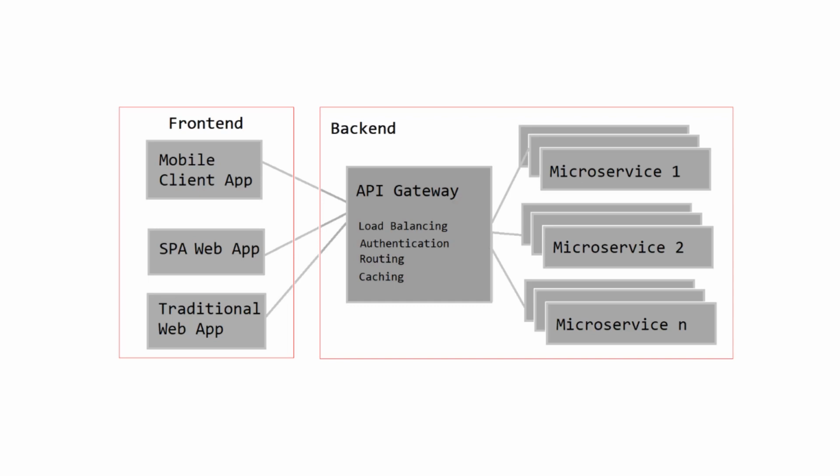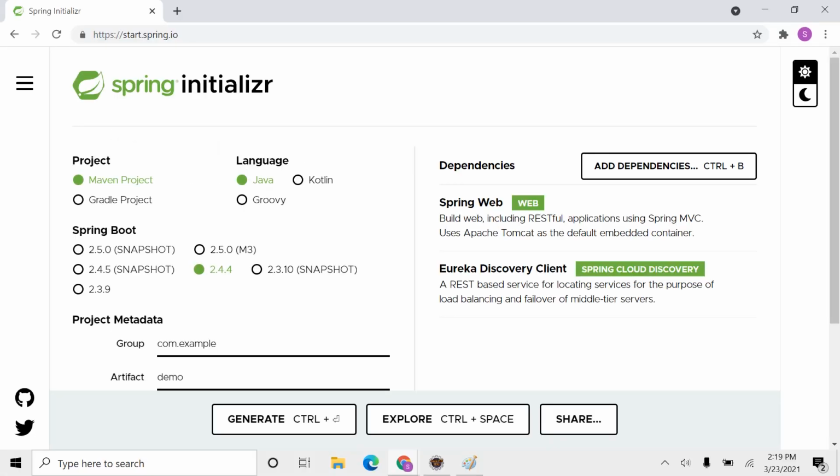Now let's create a Spring Boot application and see how we can create an API gateway and how to implement all these functionalities within this API gateway. In this video, we are going to create two microservices, a user service and a utility service, which are going to act as a backend, and we are going to create an API gateway application using Zuul. We are going to create a Eureka server for service discovery, and we are going to use Hystrix for circuit breaker. First, let's start by creating the microservices.